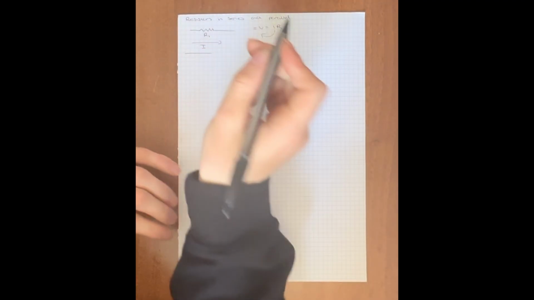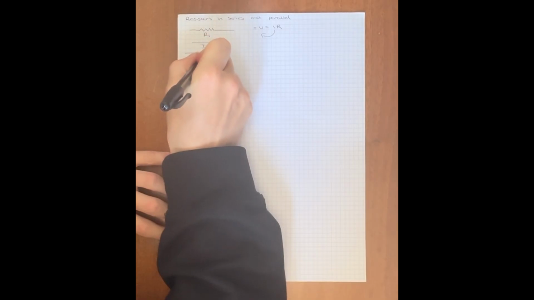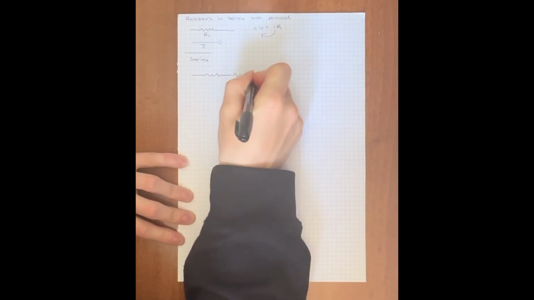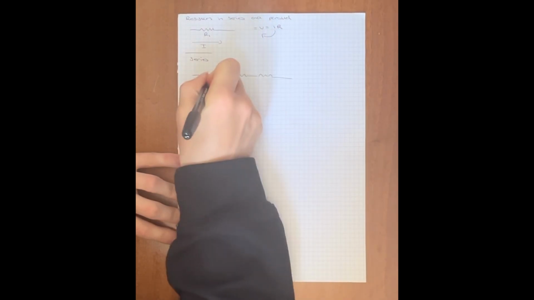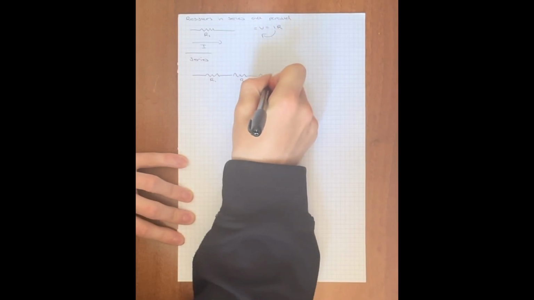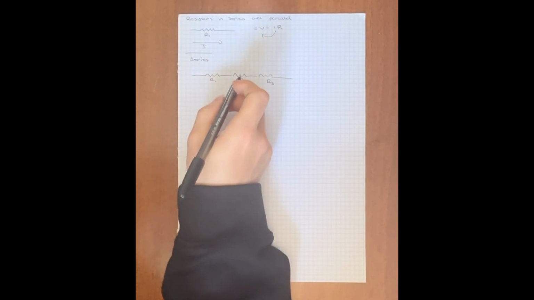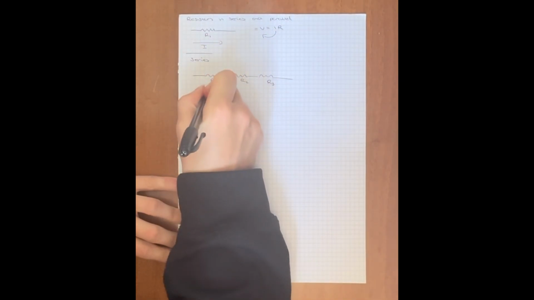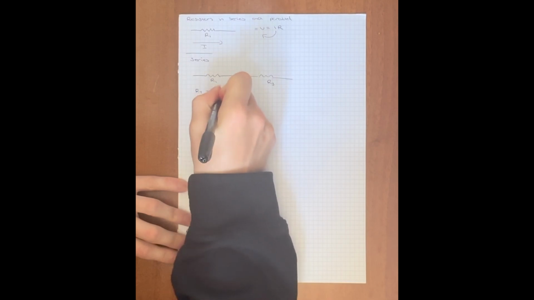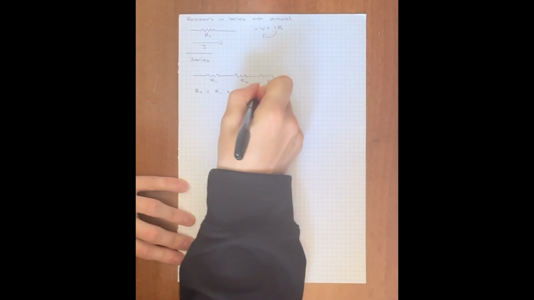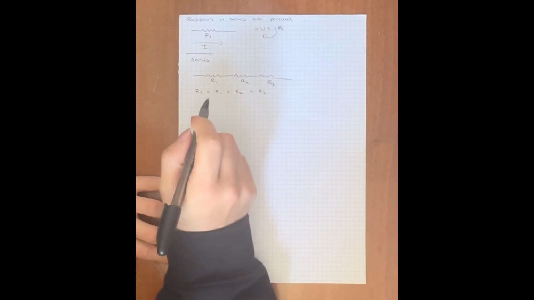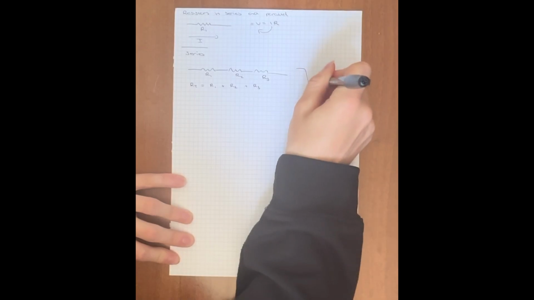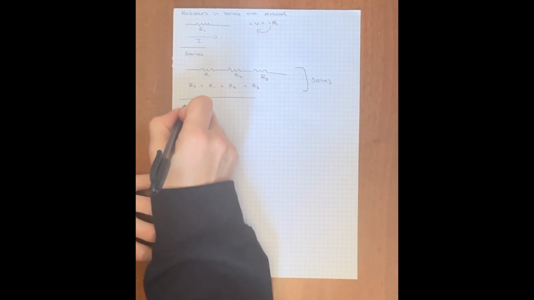Here we have a series circuit, so it's just something really basic. We have 3 resistors, R1, R2, R3. Here we know that to find the total resistance, we just add them up. It's nothing too complex. This is a series circuit. Now if you want the parallel,